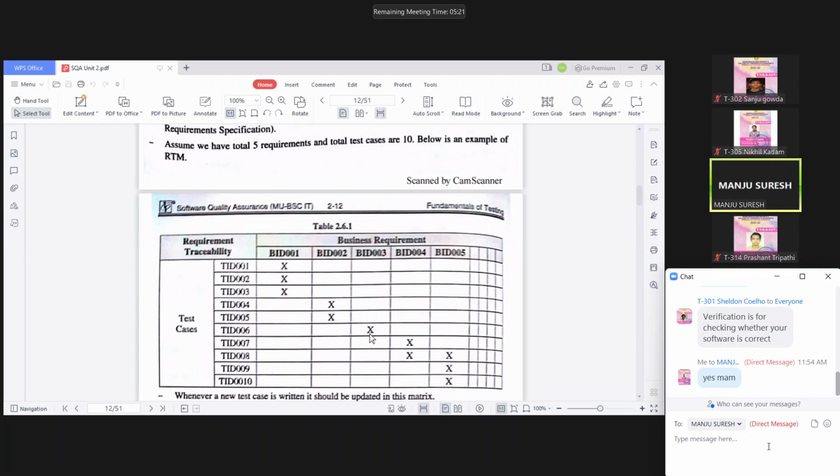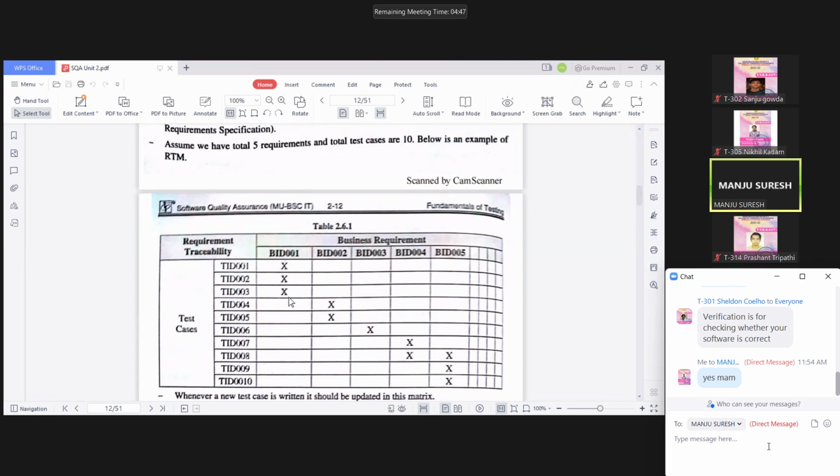Okay, are we clear? So in short, here you can see, it captures all the requirements processed by the client, and required traceability in a single document. And if this is delivered, it clearly concludes that each requirement is being tested, or every test case has been connected to the requirement which is being given by the customer. Okay, so that is why we call it traceability.